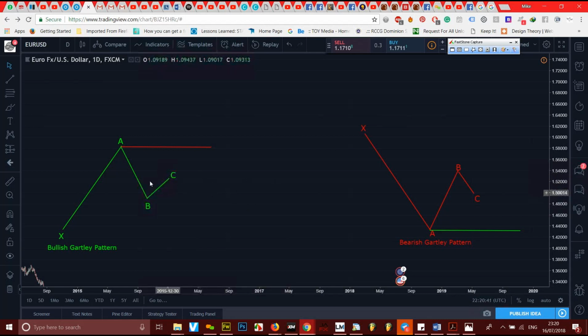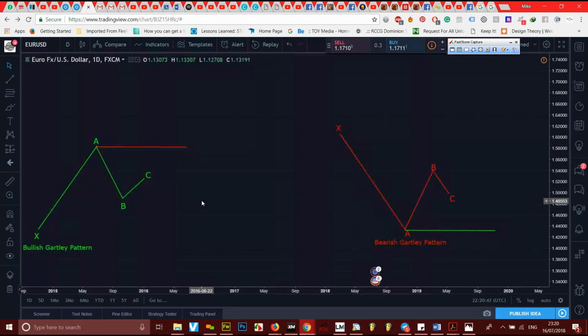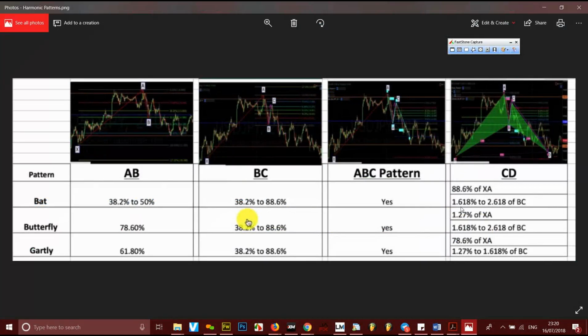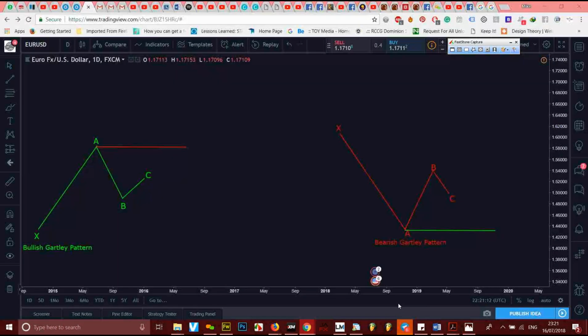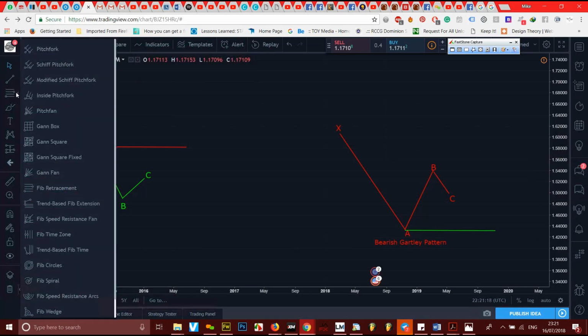So now, when that is done, the next thing we want is the extension of that A to B. You need to find your D and your CD, or your extension of your CD, which can be 78.6% of XA or 127 to 161% of BC. Basically, it's 127, 161 of BC. So how do you find that? Real simple. Bring your Fibonacci and take it from A